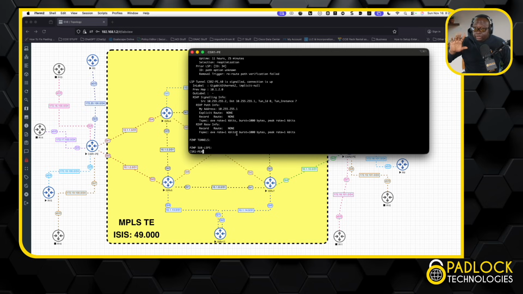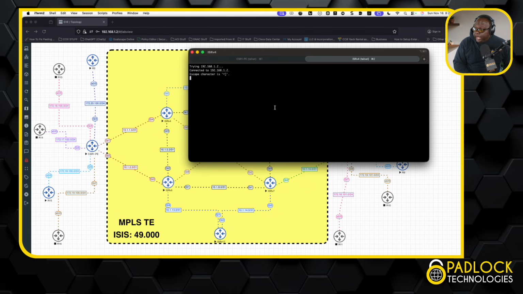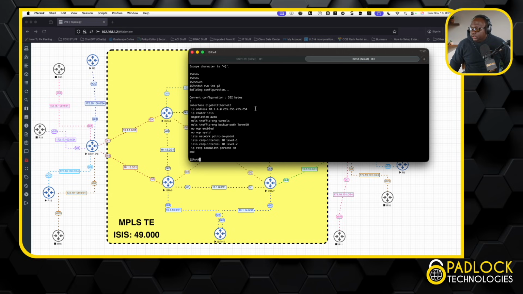So now let's go to router 4 again, and I'll show you the backup LSP. So now the backup LSP is, we're going to first go to that interface there. And as you can see, I'm using this command here, MPLS Traffic Engineering Backup Path Tunnel 0. So that is saying, hey, this link is going to use tunnel 0 if it goes down. So the backup path, if this link goes down, is tunnel 0. So if we look at tunnel 0,